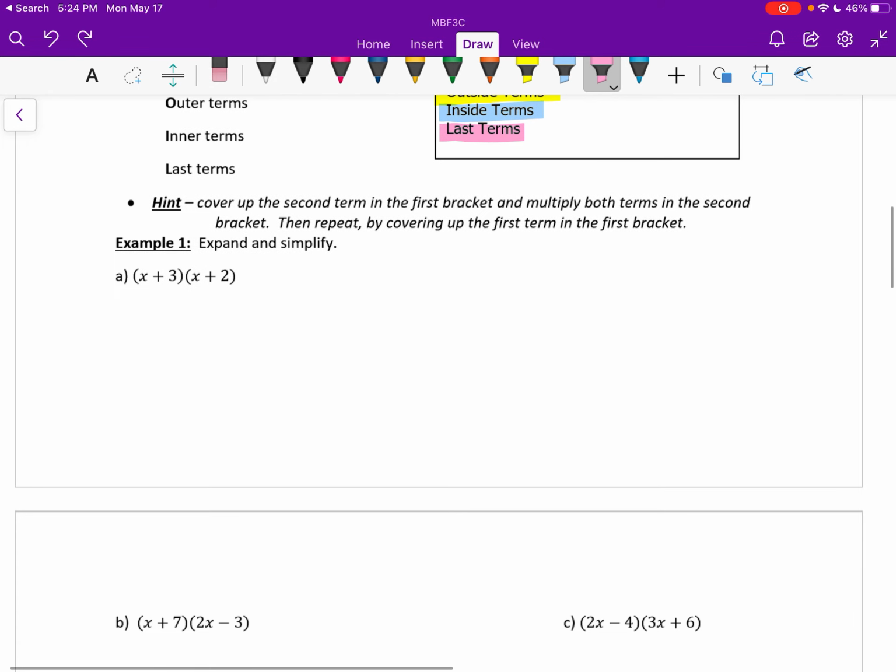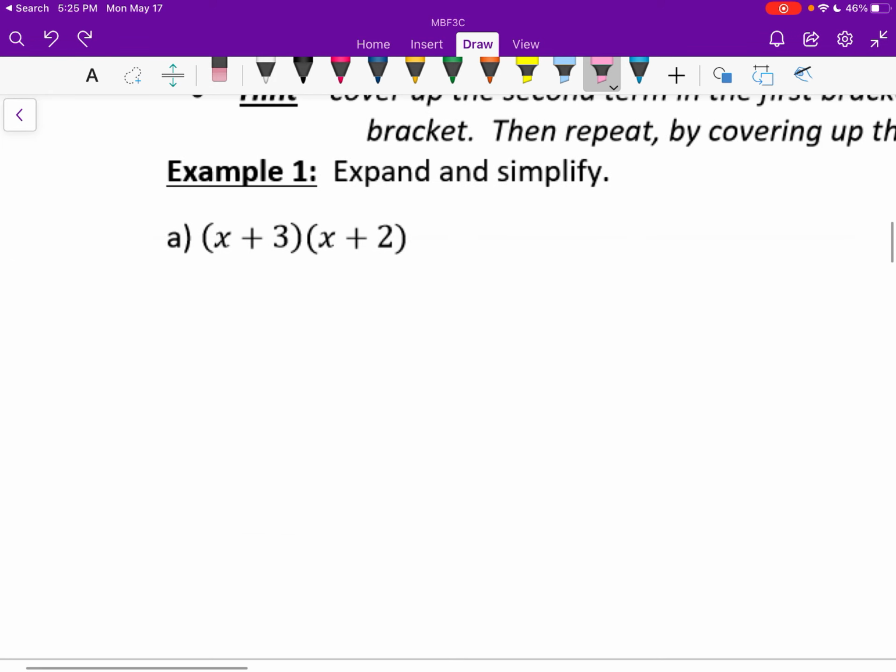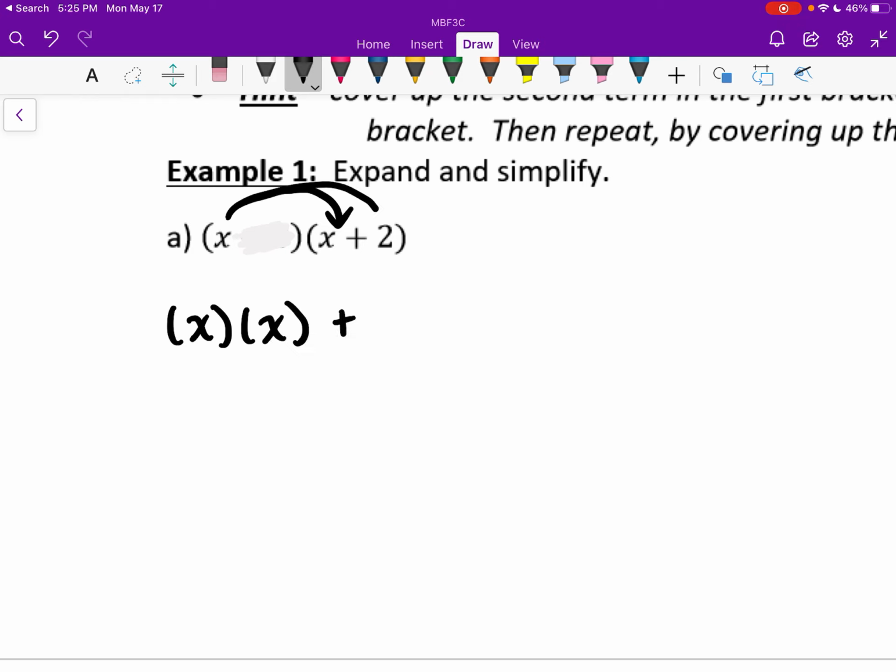All right, so let's expand and simplify this option over here. So I'm going to start off with the x. I'm going to cover up this term, so I'm just going to white it out for now. In my head, I just covered it up with my finger, but to show you, I'm going to white it out on the screen. Then I say, x times x, just like I would do with distributive property, plus x times 2,